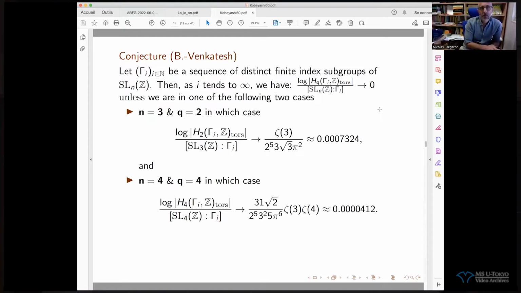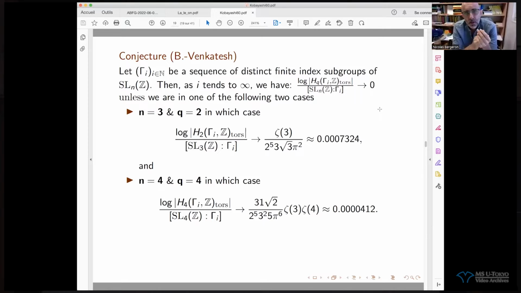So you can consider a sequence of finite index subgroups of SL_n(Z), for example, a congruence subgroup. But take any sequence of finite index subgroups gamma_i of SL_n(Z), and consider the homology, let's say in degree q, of these groups, consider the size of the torsion part, take the logarithm and divide by what captures essentially the volume up to a constant, which is the index of gamma_i inside SL_n(Z). And the conjecture is that in most cases, the torsion will be sub-exponential, so the quotient will tend to 0, unless